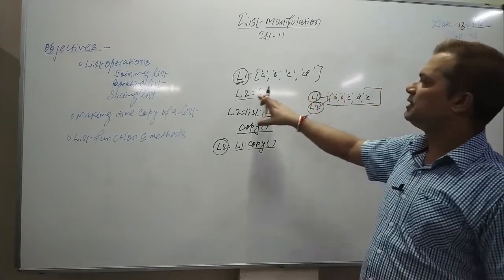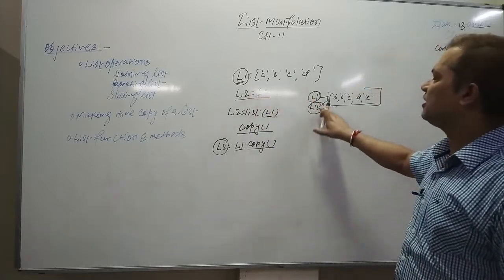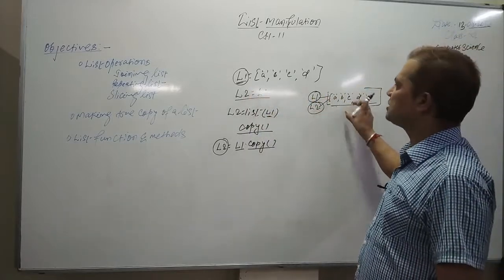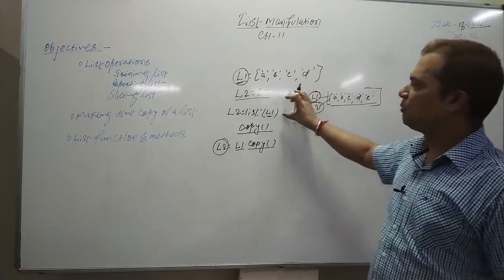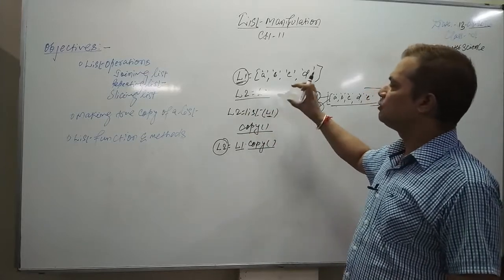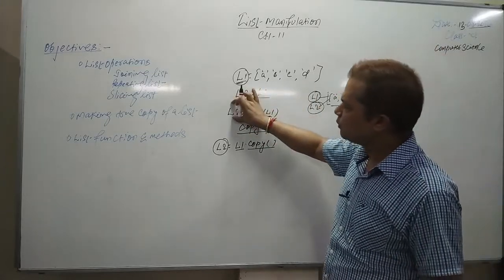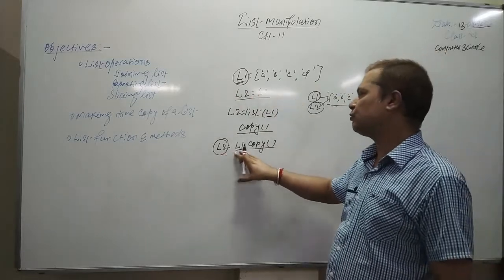Mind it, in the previous case once I said L2 equal to L1, it was just pointing to the same list that was L1. So there are no two separate lists in the memory. But the moment you say L2 equal to list L1, you are trying to make the true copy of L1 in L2. It means L2 will be the true copy of L1, or otherwise you can say simply L2 equal to L1 dot copy.